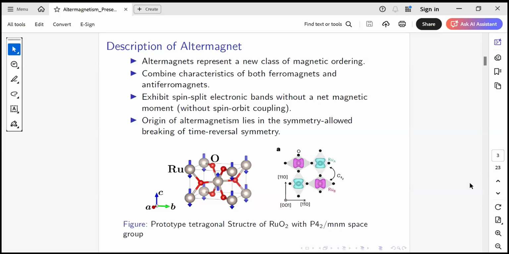In antiferromagnets, the net magnetic moment is zero because the two moments are anti-parallel to each other, and spin splitting is not present. On the other hand, in ferromagnets spin splitting is there, but the net magnetic moment is still finite.